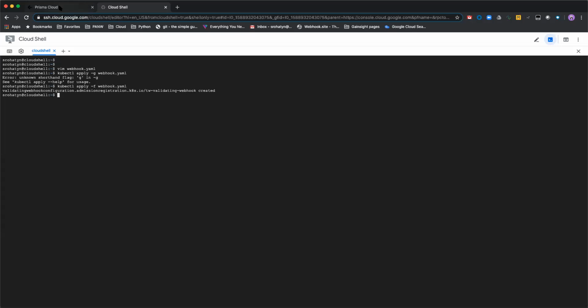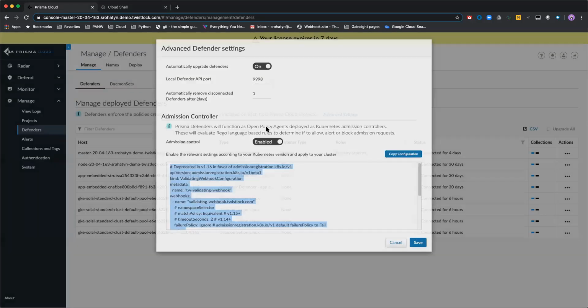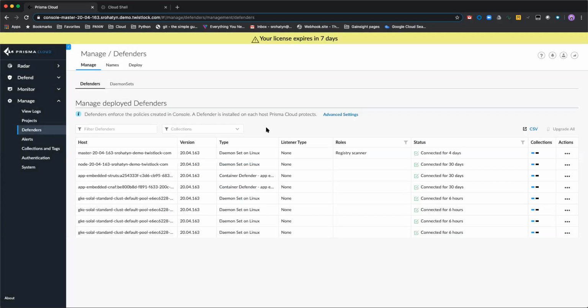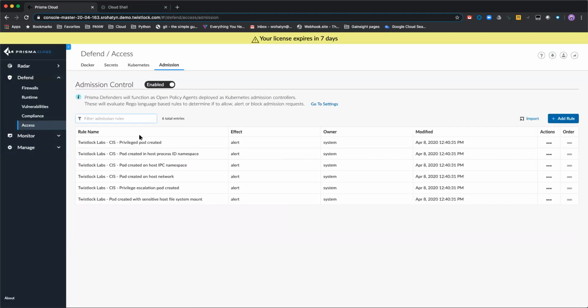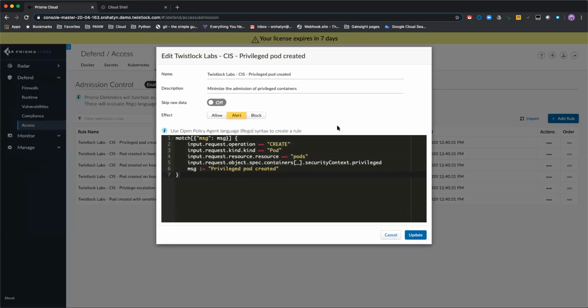So to validate it, we can create a pod, an example pod. And just to see that one of the rules we have is actually auditing the issue, we'll take the first rule, call it CIS check for privileged pod creation. So we do not allow privileged pods to be created. So just taking a quick look at one